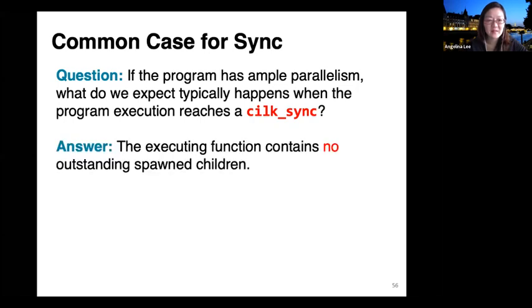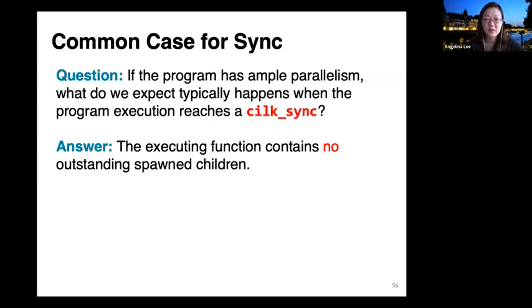Right. Okay. So the common case is actually that it's likely to succeed, because for the most part, if your application has ample parallelism, there's not going to be a lot of steals. For the most part, the worker will operate on its own local deque, and it's going to take the regular fast path where it mirrors the sequential execution, where you spawn something and then you return from your spawn and your parent is still on your deque, where it hasn't been stolen.